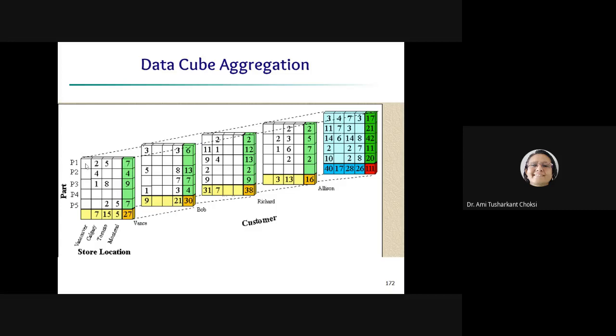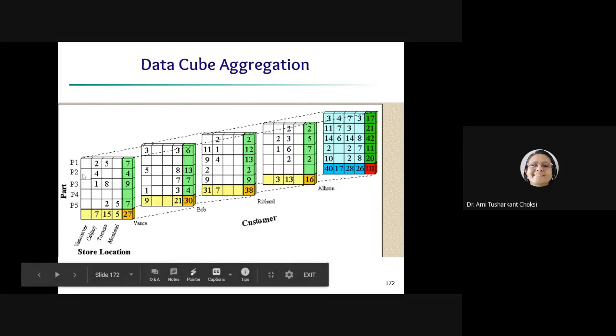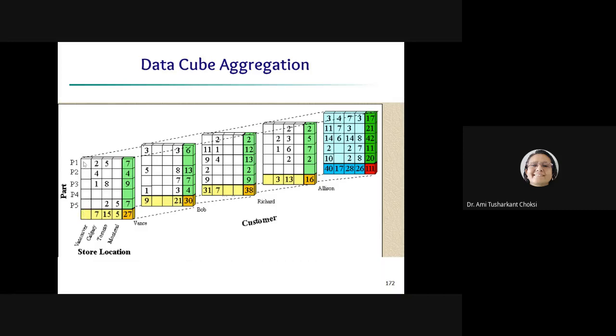Now what we have to do is, say, for part P1 at Vancouver, that is the first location, first city. Now, what is the case? Take this first slot of data. Here something is there? No. So, let us consider 0. Then for this particular cube, let us take this as 3. So 0 plus 3 plus here 0 plus here 0, right? So 0 plus 3 plus 0 plus 0, that is 3, right?